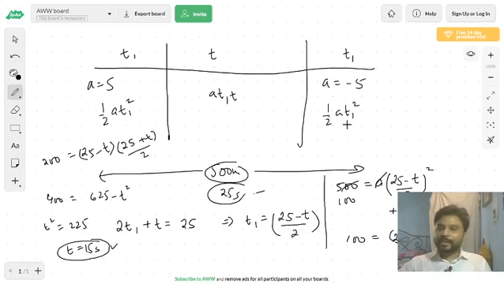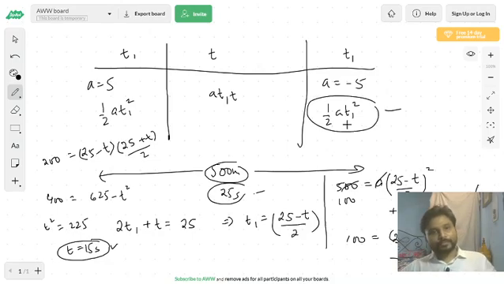Just look at this calculation again, and you would see how we have done the calculation. You can do it yourself, and this is the final expression which we obtained. The idea behind the question is that we have to find the complete displacement of the particle. That was 500 meters, and we used different expressions to obtain the answer.